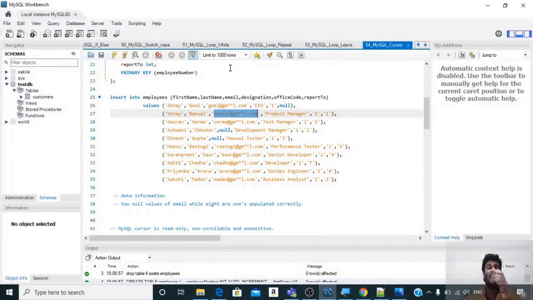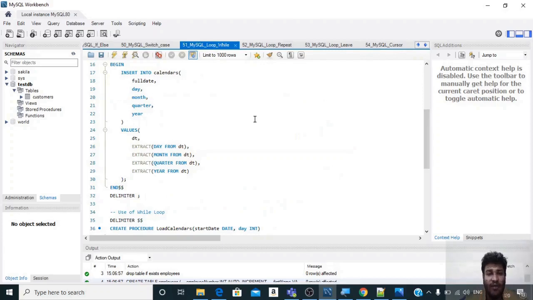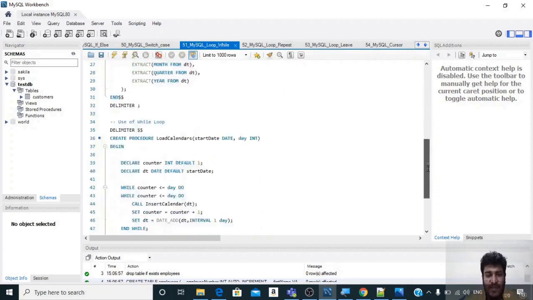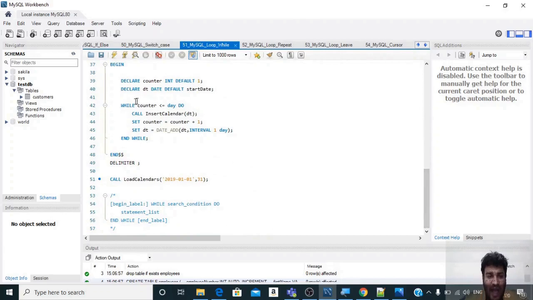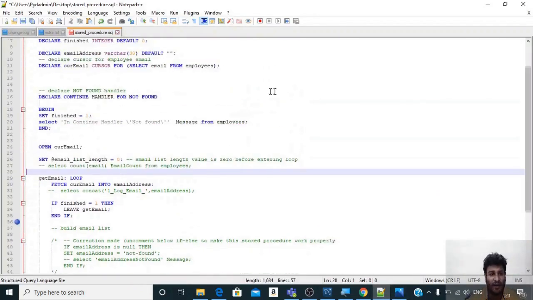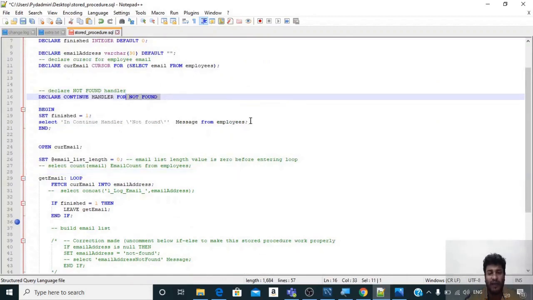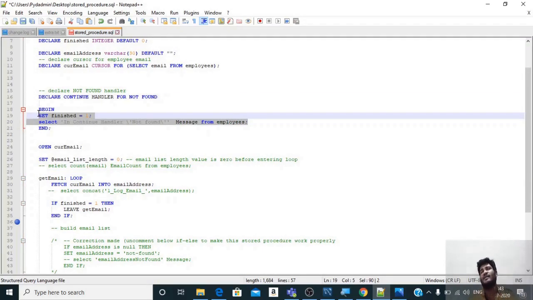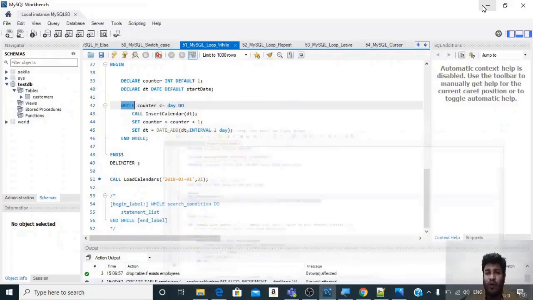Before going ahead and running this script and debugging it, let us see two more different kinds of loops. One is the while loop. As we have applied this particular loop, in a similar way we have the while loop. In this loop we were defining the condition in the continue handler, and if not found, this loop would have been executed until it reaches the end of the rows of a table.